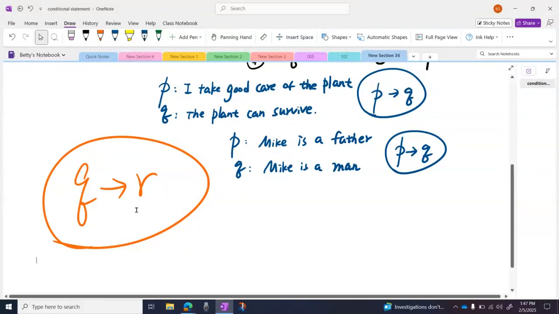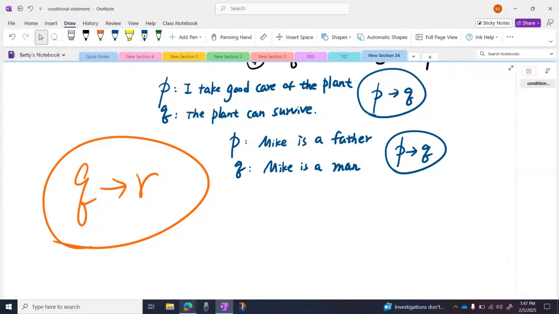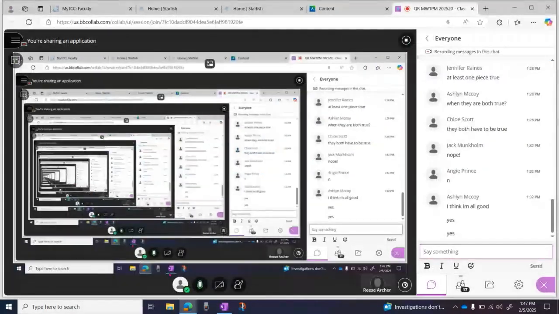Is R the consequent or antecedent? You can type. I can also type here. Please tell me